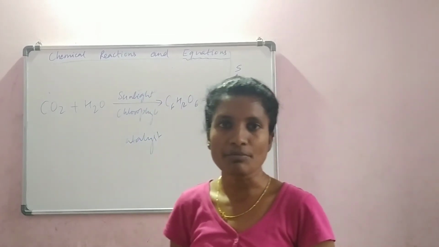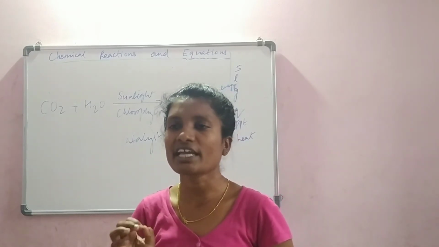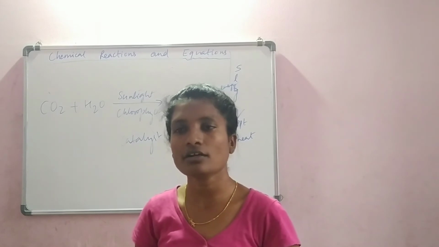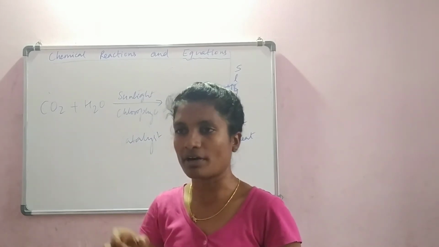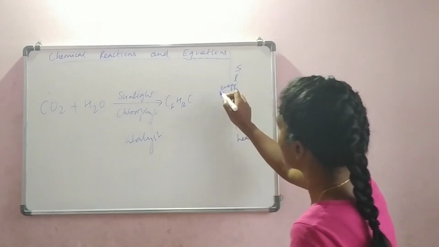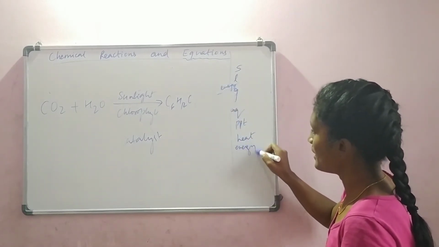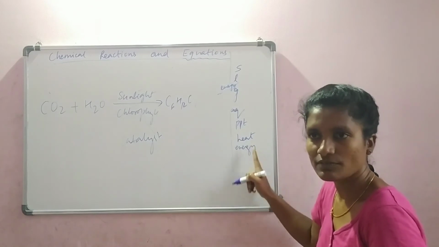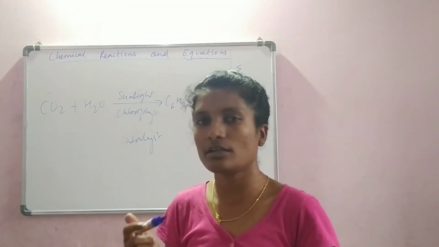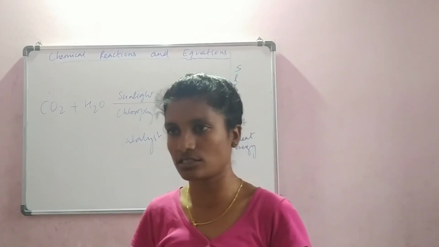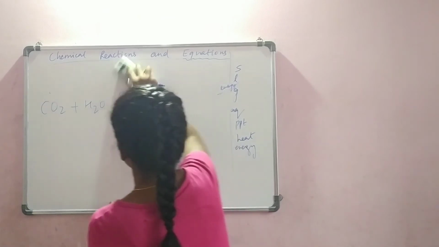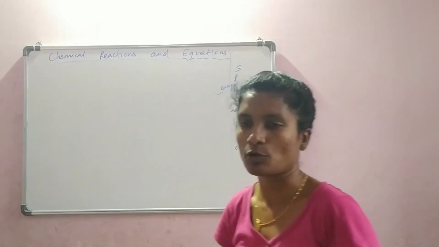So in some reactions, we need a catalyst, which is mentioned below or above, especially above the arrow marks. So this can be an example. Similarly, I told you energy, like heat is absorbed or heat is released. We also see that energy is absorbed or energy is released. In photosynthesis, energy is released. In respiration, energy is absorbed. All this we discuss in the life process lesson.